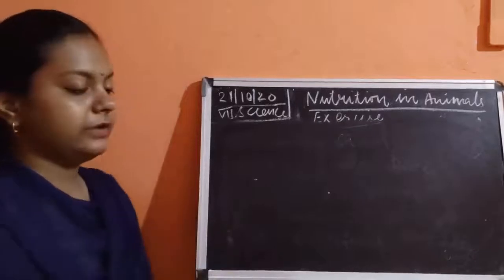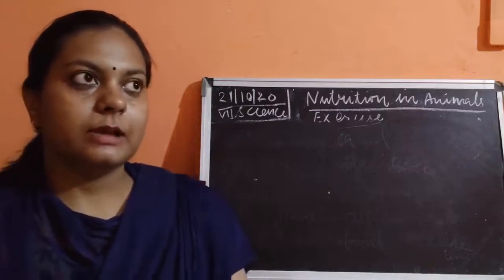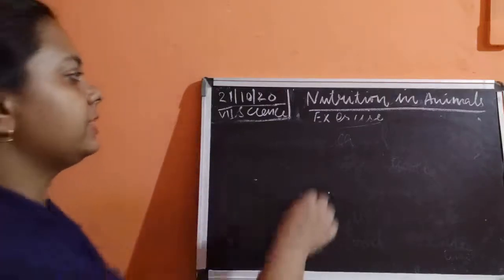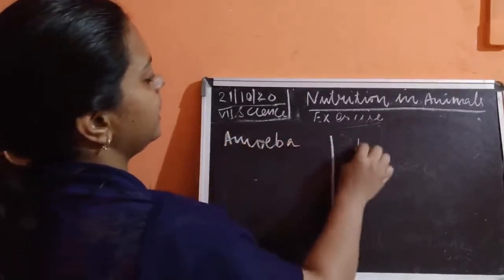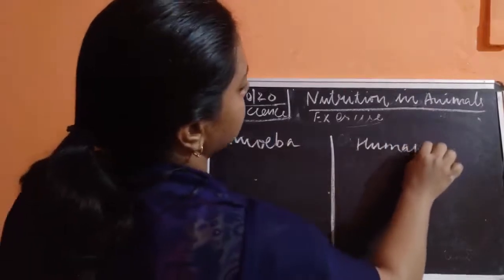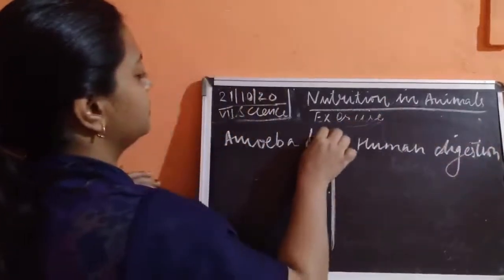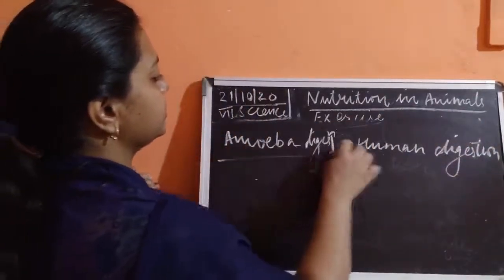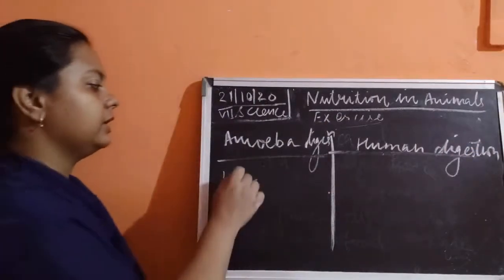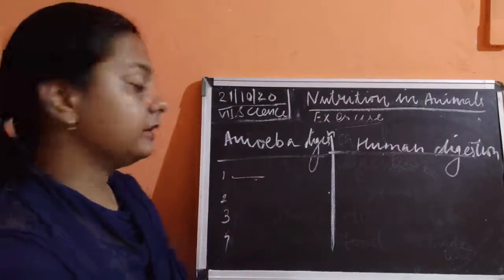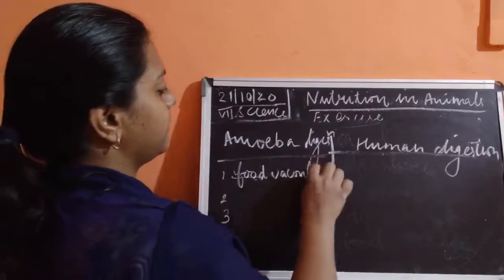You can write numerous differences. When we have to write a difference, we can easily write down any difference. More than one difference is there, because as human being is a complex animal, you can simply write down in this manner. You can write down the difference of amoeba and human digestion, and you can just make the points. You can write down that here alimentary canal is not there. Here food vacuole is required. Here alimentary canal.